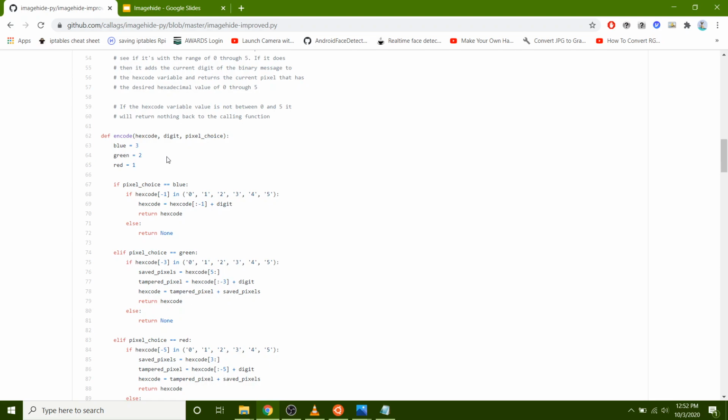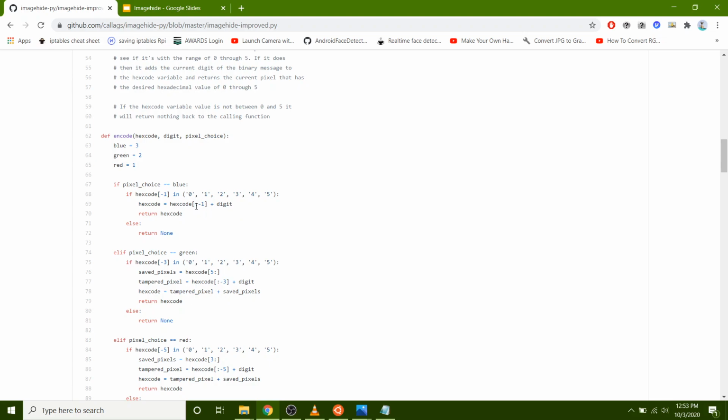So let's just say I chose to do pixel choice was blue. So what it would do is look at the very first value of the hex code and see if the least significant bit of the blue pixel is equal to 0, 1, 2, 3, 4, or 5. So if that does return true,